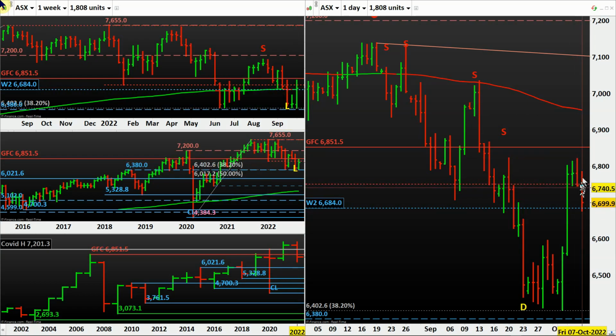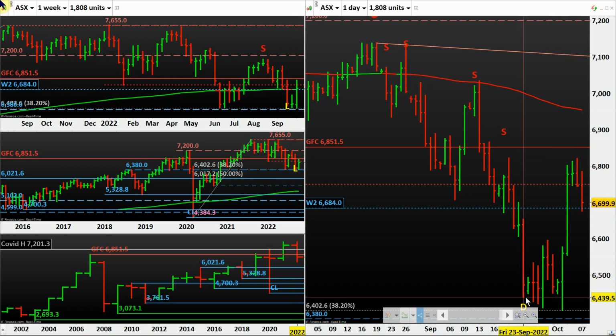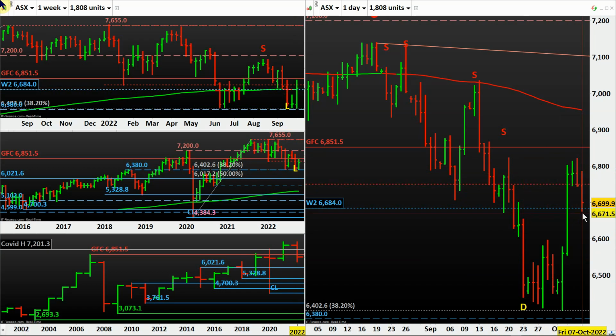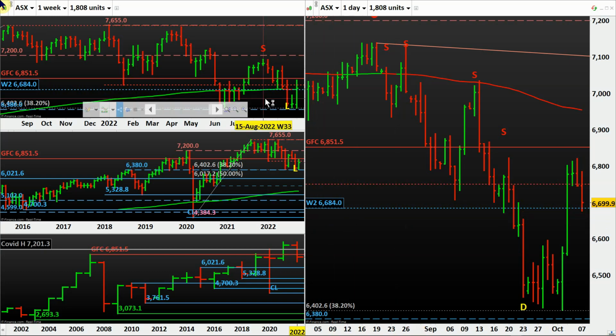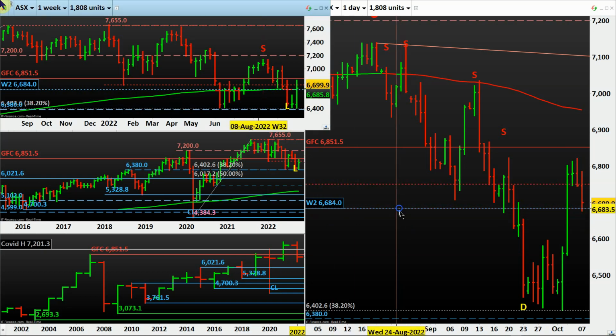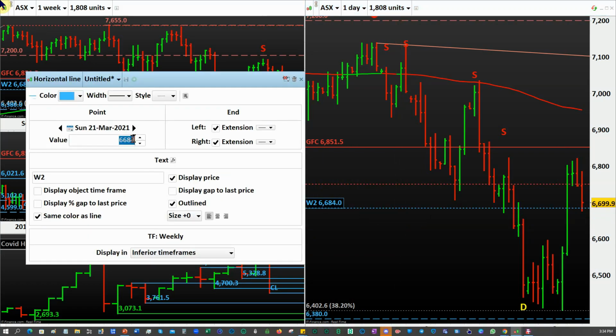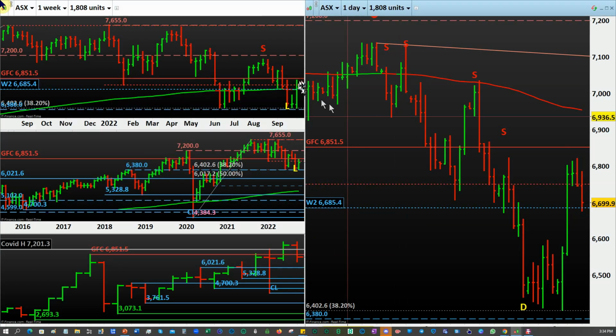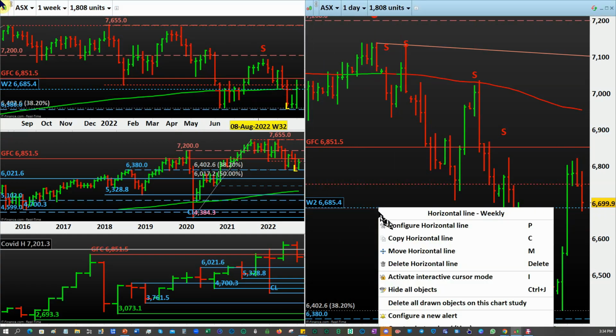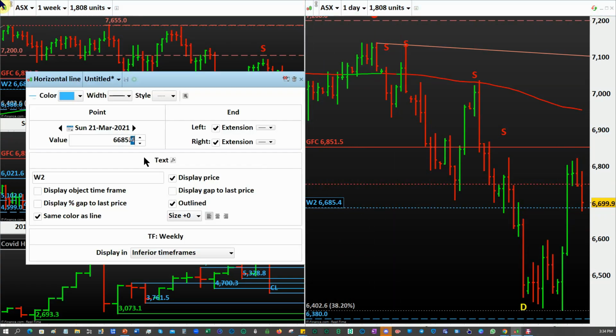So what we can do, if we are going long here, is wait for this low to be taken out, then we can close the trade, because our W200, which is the weekly 200 period moving average, is at 6684, isn't it? Now it is 6685. This is a dynamic thing which you can change once every week. 6685.4, so you can change that. So 6685 is coming from this 200 moving average, 6685.8. You can be as precise as you want.